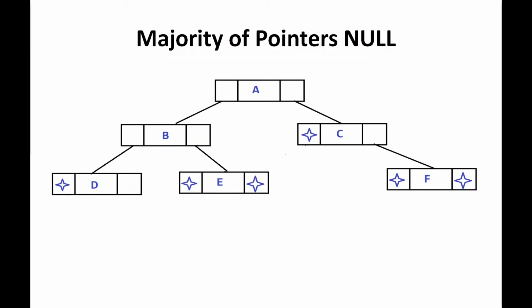In order to understand the advantage of a threaded tree, we first have to understand the drawback, or the limitation, of the binary tree. When a binary tree is represented using a linked list, it contains a lot of null pointers. So there will be many pointers which won't actually hold any addresses, and so they will be filled with null values. As you can see in the given example, the majority of the pointers are null pointers. So we are basically wasting memory by storing null addresses. That is one drawback of a binary tree.